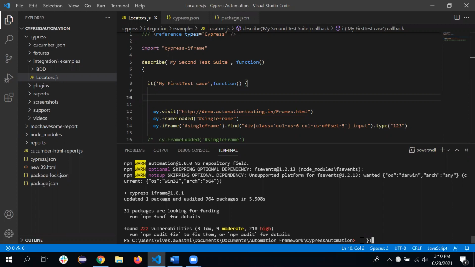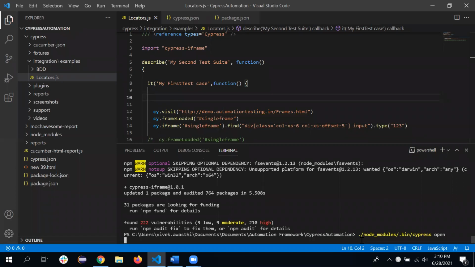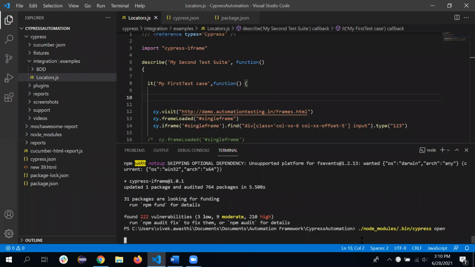For that, we have to go to ./node_modules/.bin, then cypress open. That is the command to open the Cypress runner.